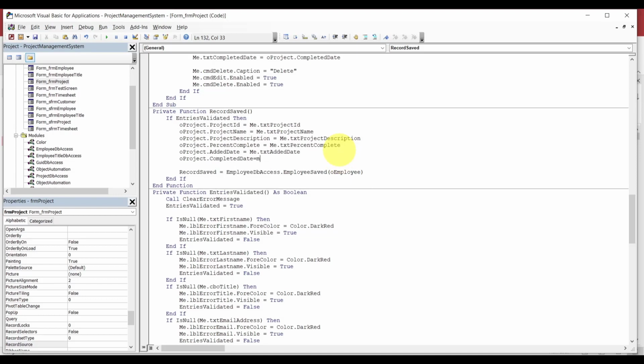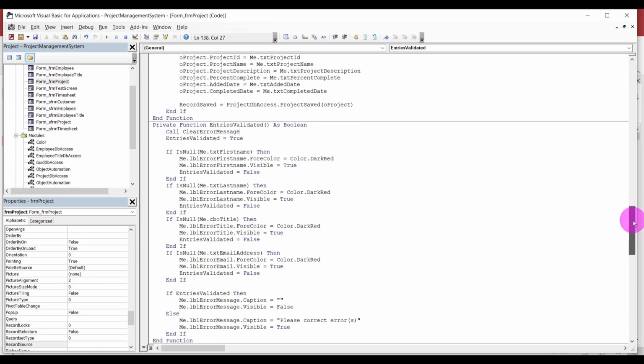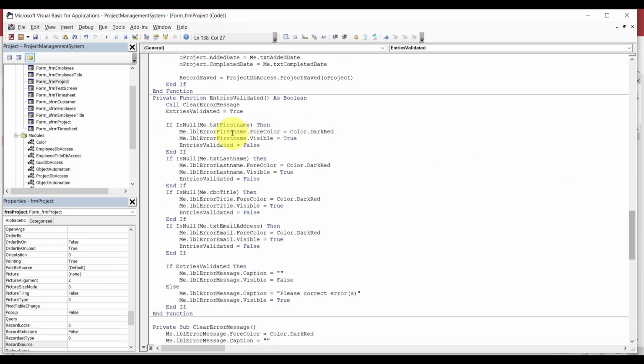Completed date. And then this guy right here, just select both of them. We'll call DB access, save, and send in the object. Good. We're almost done. All right, now this one right here, validation, we're just going to make sure our project